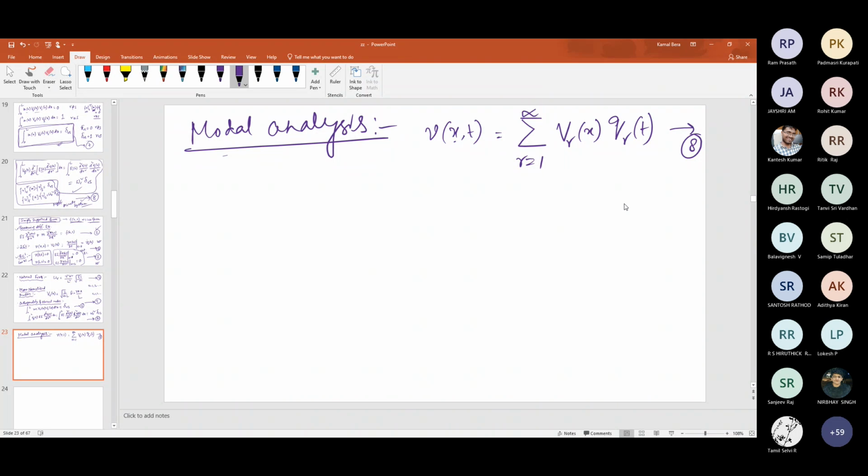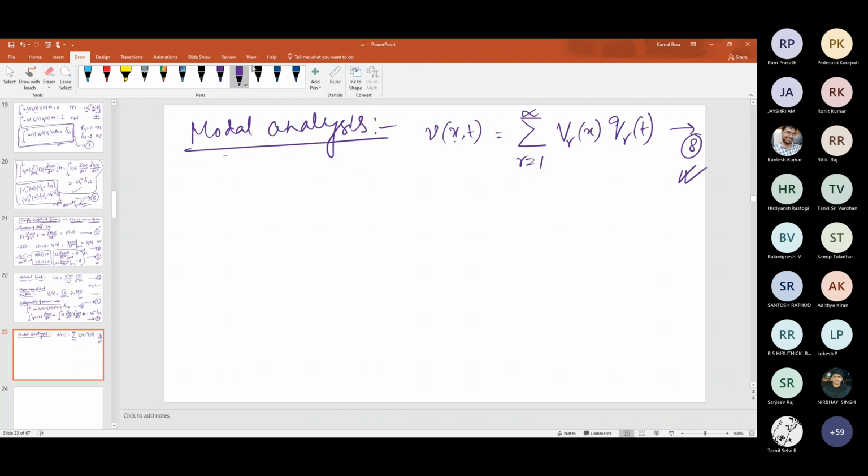Please try to recollect. There I used to write, although it is a bit confusing, x(t) in vector form equals u1 q1(t) plus u2 q2(t) plus u3 q3(t) and so on, and that can be written in matrix form as U into q, modal matrix into the generalized coordinate or modal coordinate. Similarly here for infinite number; there it is not infinite, depending upon the number of degrees of freedom. Got it? Very simple. Now we have almost done.